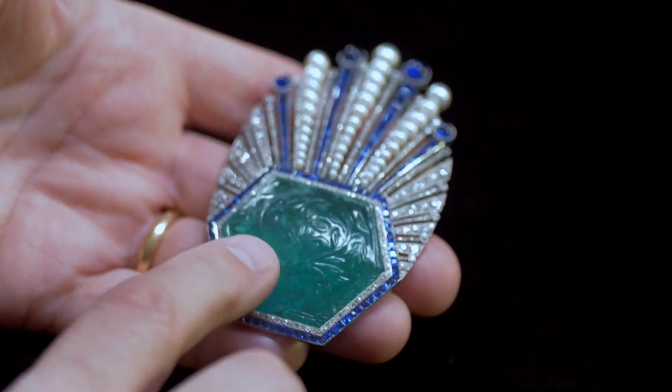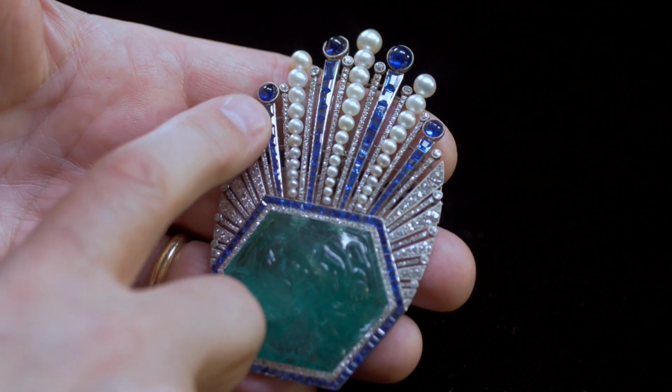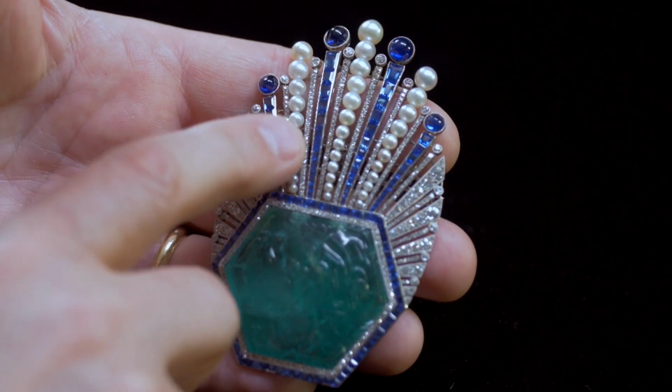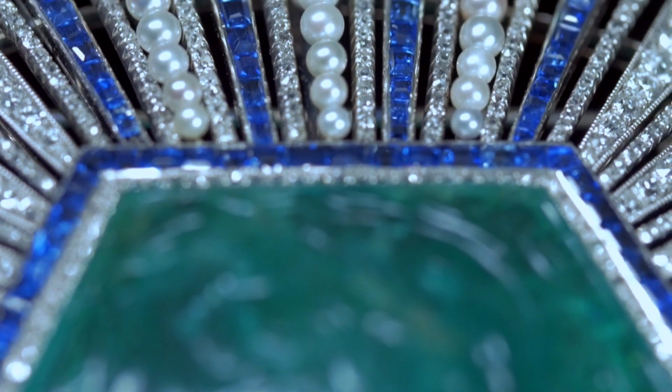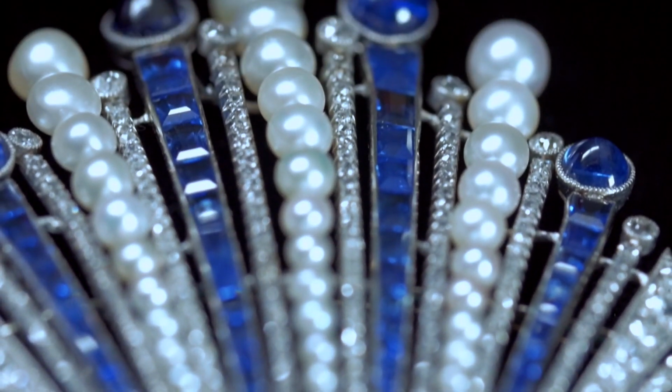And here we can see a vase from which are emanating a scroll of flowers. It is a peacock feather in some regard, isn't it? With radiating bars of diamonds and cabochon sapphires at the top and rows of real pearls, oriental pearls. This is an aigrette, isn't it? We know it was once worn on the forehead with black feathers, but actually, if we look at the back,